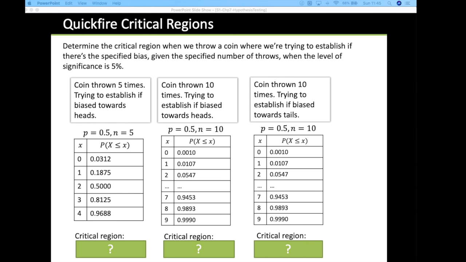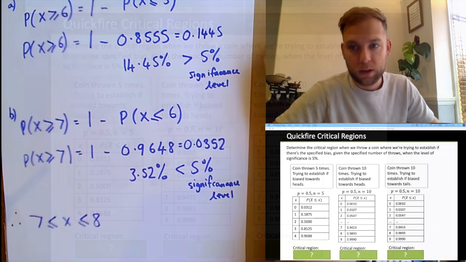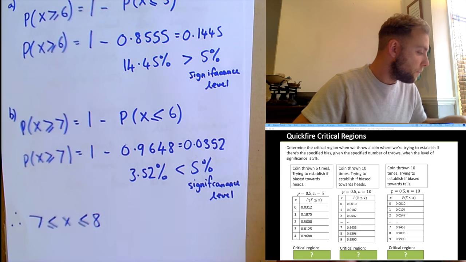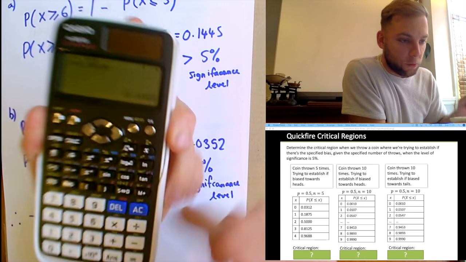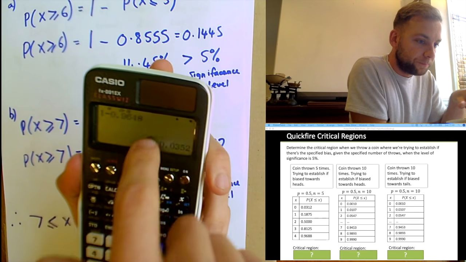So determine the critical region when we throw the coin, where we are trying to establish if there is a significant bias given the specific number of throws when the level of significance is 5%. Okay, so what we're looking at here is critical regions. Now, they've actually given us 3 different options. Remember that with these, you might want to write them out from our